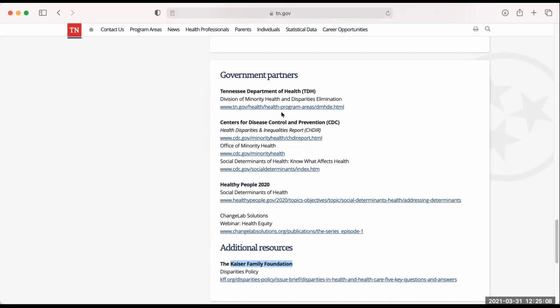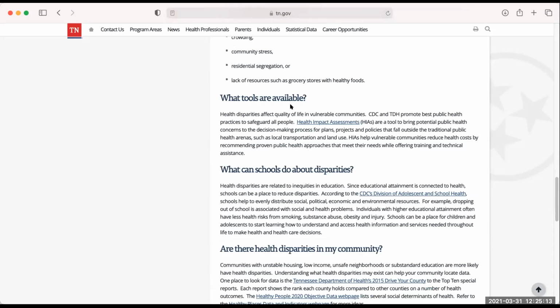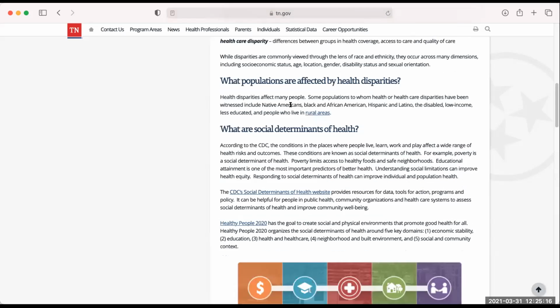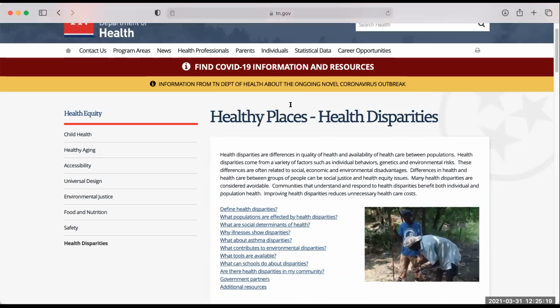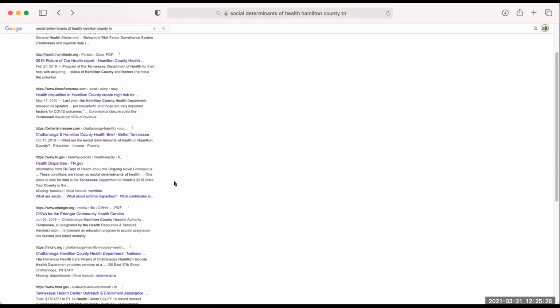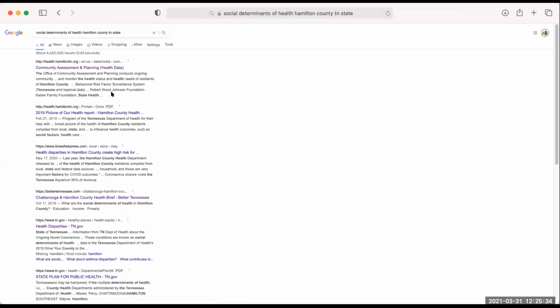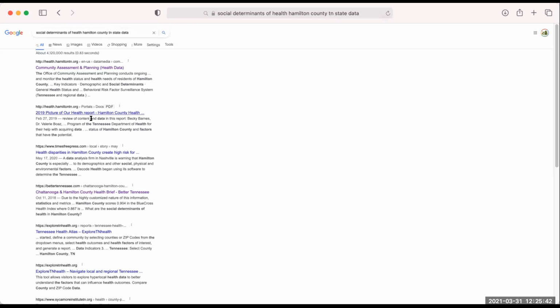Let's go ahead and we are going to go ahead and look at some other things here. So I'm going to add the word state here. We get much the same results. Okay, and I'm going to add the word data. And again, we get much the same results. But look at this here,